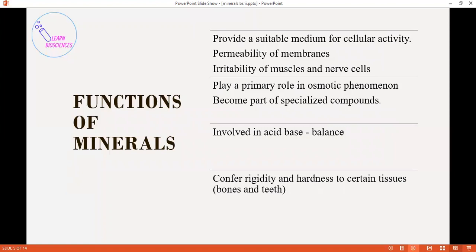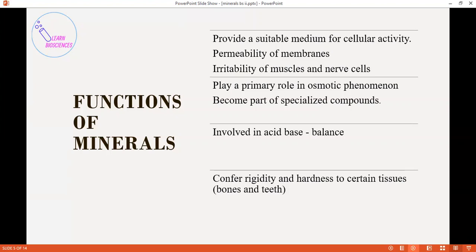Functions of minerals. If we talk about the functions of minerals, here we have the main or common functions of minerals, and basically they provide a suitable medium for cellular activity. Cellular activity means all the enzymes working in your cell, making your metabolism, which require a suitable environment, which is indeed provided by minerals. It is required for the permeability of membranes, how membranes allow some macromolecules and other molecules to enter